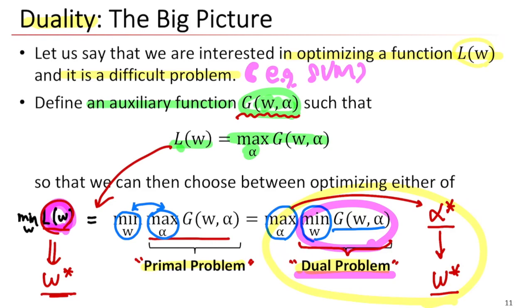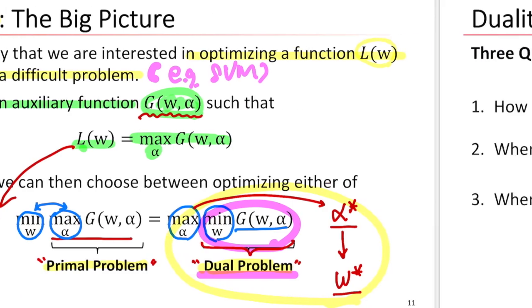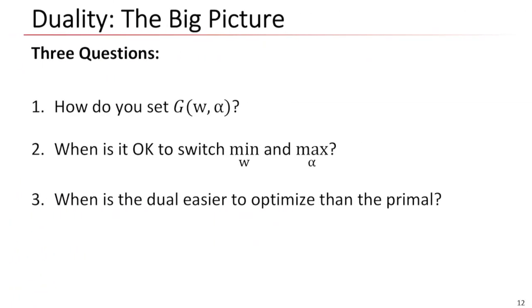Okay, so it means that if there is some kind of dual problem of the SVM loss function, we can find a much easier loss function for the SVM. So here are some questions. To derive the SVM function in the duality concept, we have to find three kinds of answers for each question. The first one is,